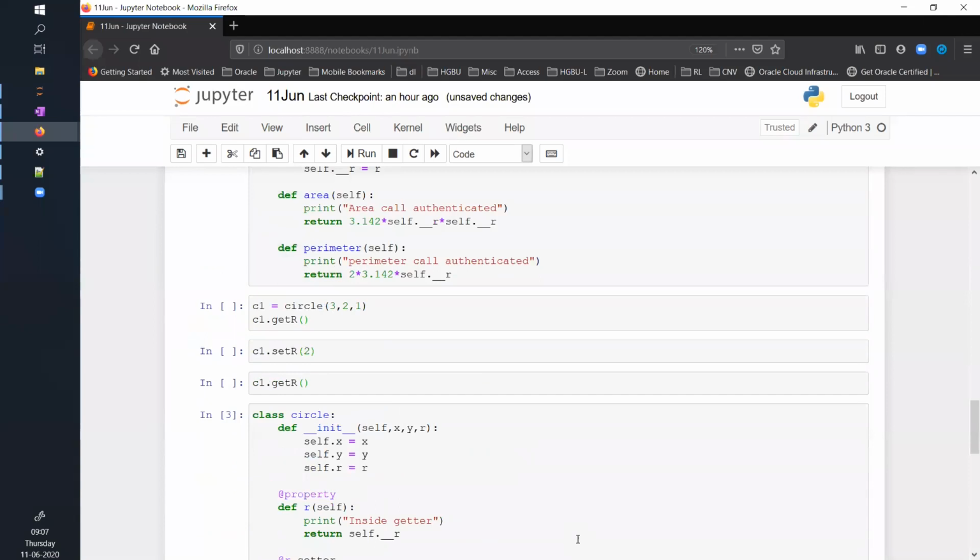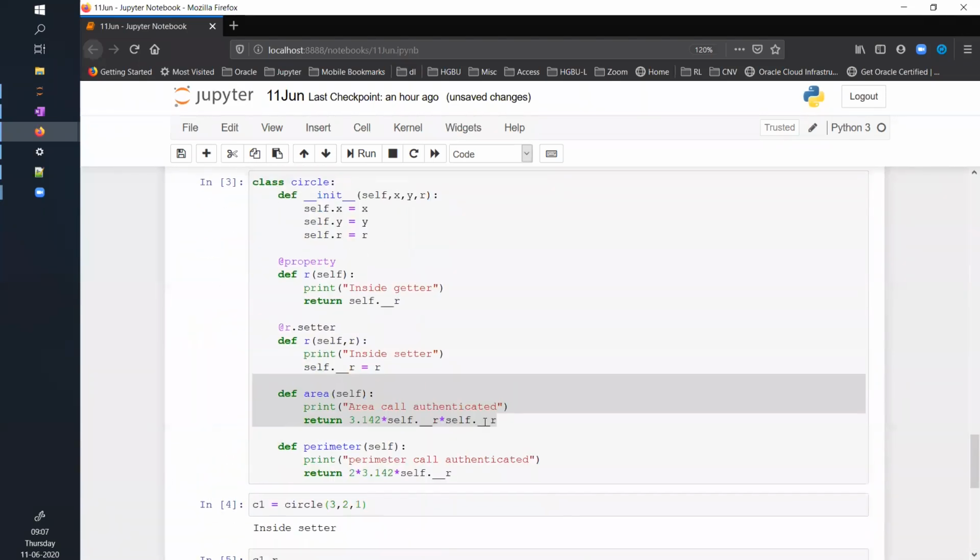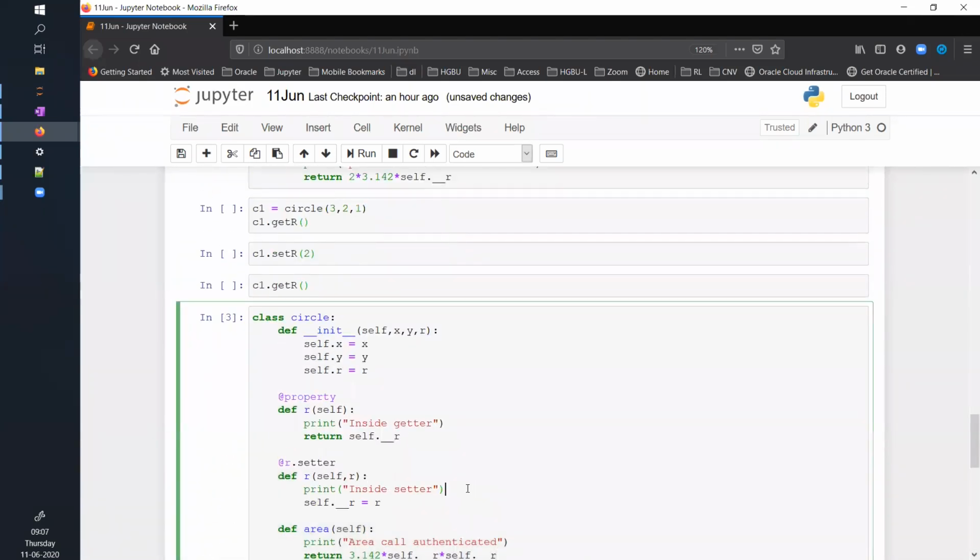But here, I can write those additional validations. Before setting, let's say I can say assert r greater than 0, else print radius can't be less than 0.